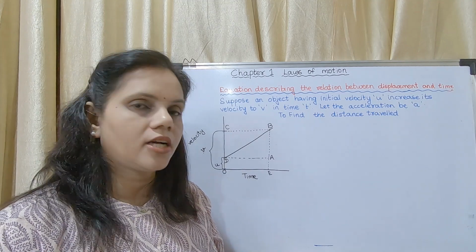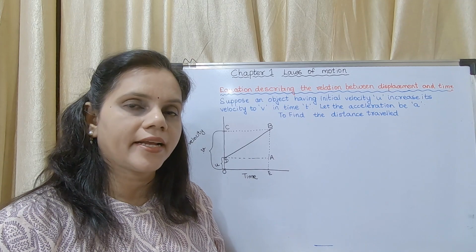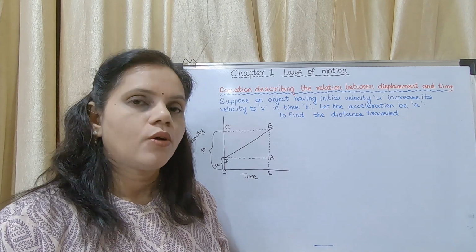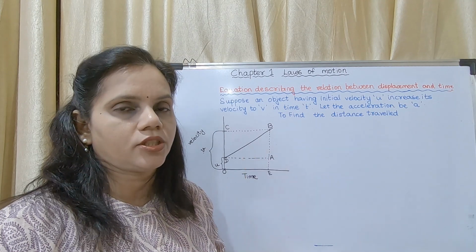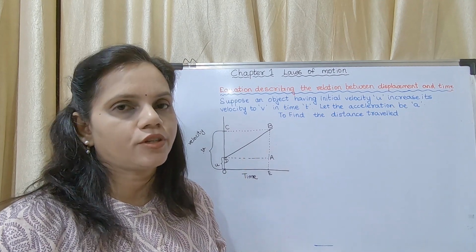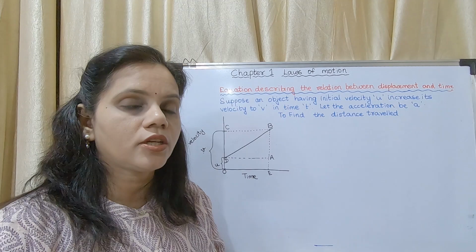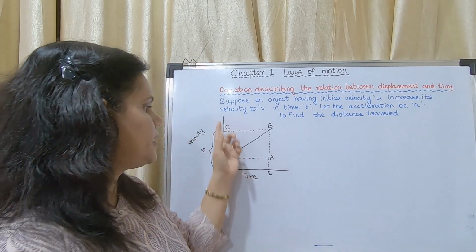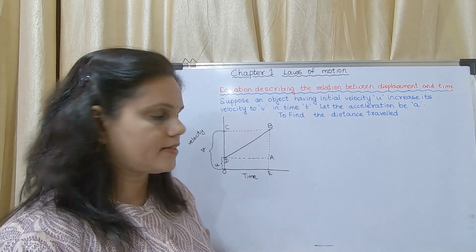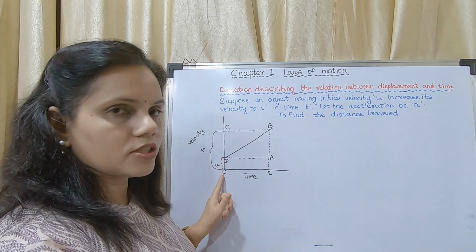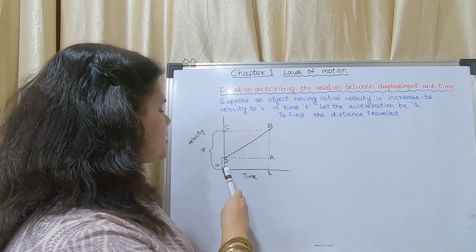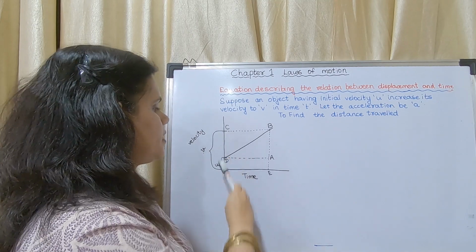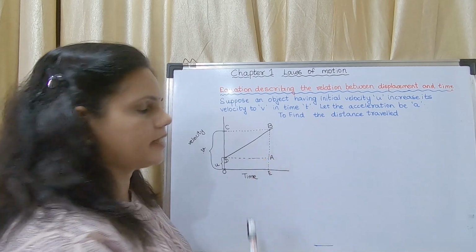In our textbook, they have shown the diagram, that is the graph, only once. But whenever you get an equation derivation, you have to draw the graph. Whenever I say equation, I mean only these three equations. So the graph is there. There is an initial velocity showing OD. This is the initial velocity, this is the final velocity, and this is the graph.